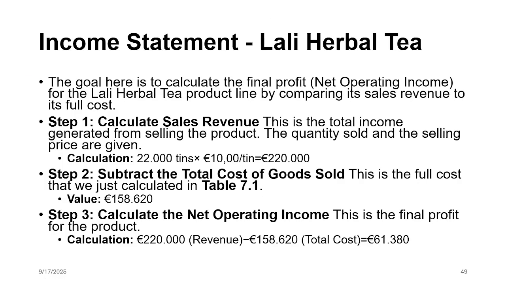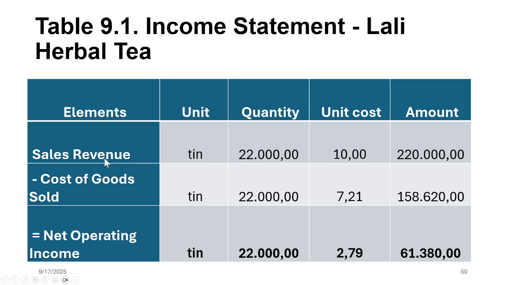So we'll go through 6 steps. The first step, we calculate the total sales revenue. And the second step, you calculate the total cost of goods sold, but you already have that. And the difference between the sales revenue and the cost of goods sold gives us the net operating income. So now you have the sales revenue is